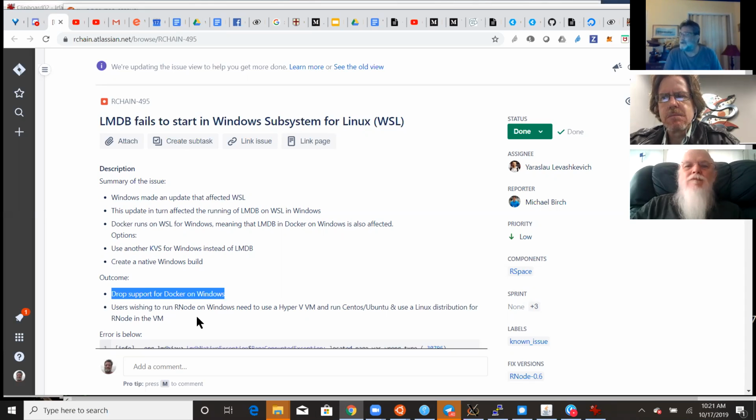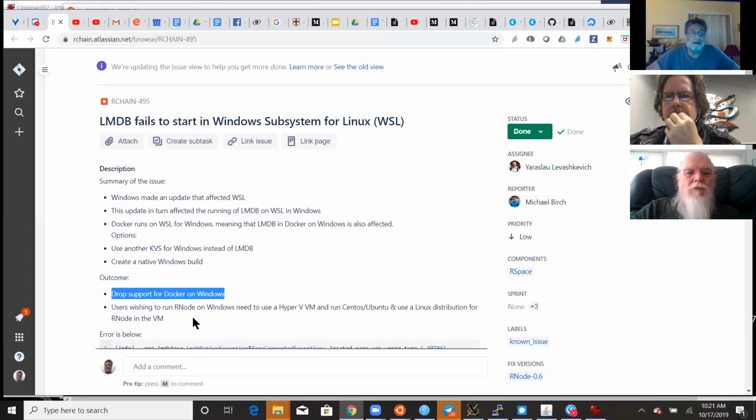Docker works on Windows. I haven't used it lately. Maybe it's true. It doesn't work. I mean, I don't like really using Docker on Windows. I use VirtualBox. VirtualBox is fine.